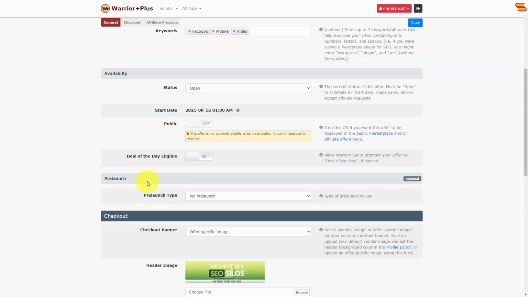When you are getting ready to launch your product, you're going to want to make sure that this element, deal of the day eligible, is going to be turned off. This will mean that your customers will not receive promotions from the Warrior Plus network. Initially, you'll want to make sure that the product is not going to be public to the marketplace. That will mean then that your affiliate program as well as your product launch will be private to the individuals that will be your customers as